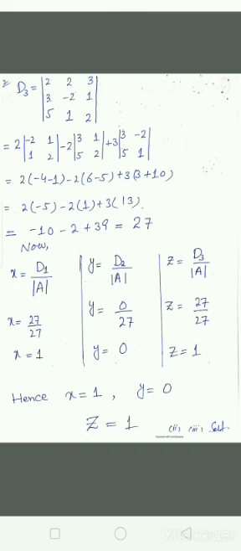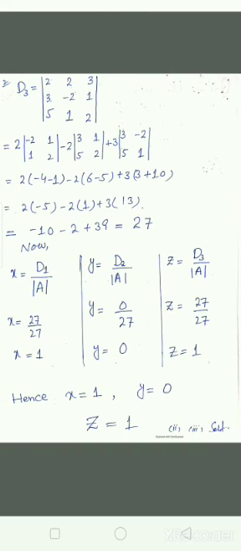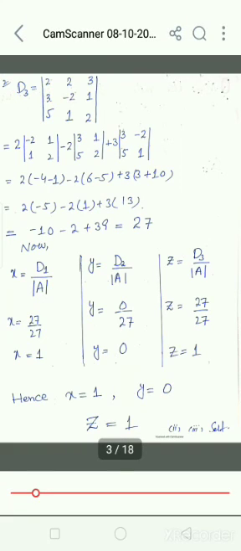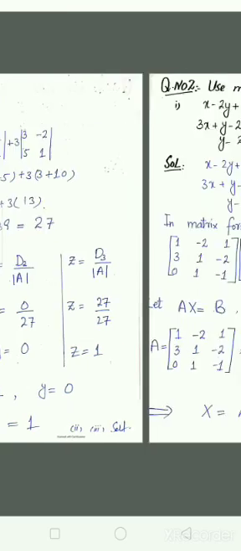And what is meant by the solution of a system of linear equations? The solution is the values of the variables. The variables involved in this question were x, y and z, and we have found the values of x, y and z in this question by using Cramer's rule. So the solution is complete. Hence x is equal to 1, y equal to 0 and z is equal to 1 are the main values of the system of linear equations, which are also called the solutions of the system of linear equations.